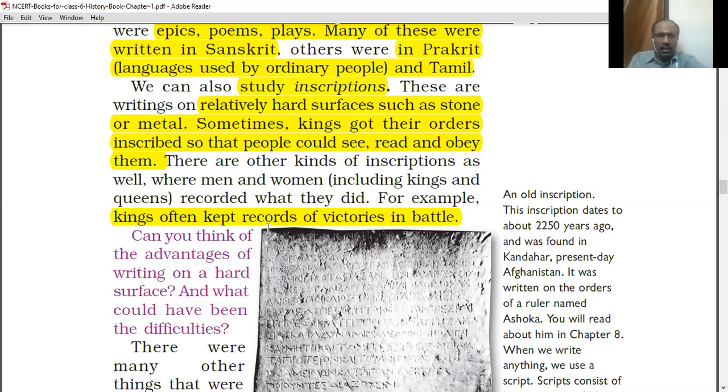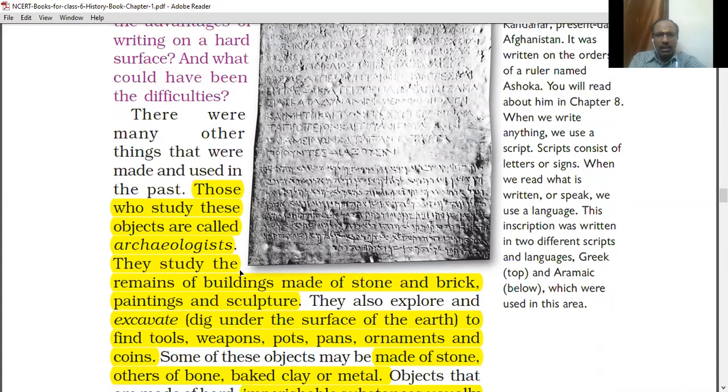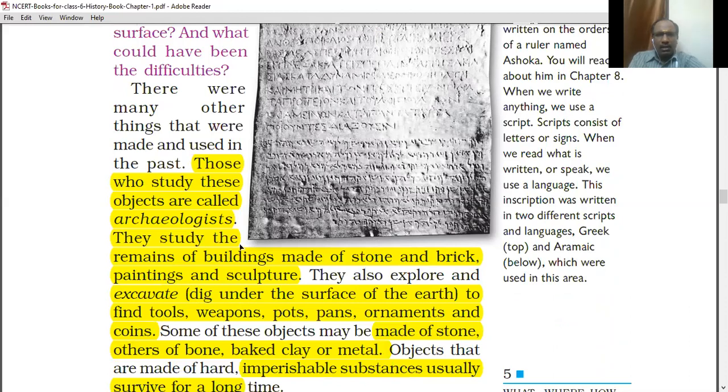And you can see there were many other things that were made and used in the past. Those who study these objects are also called by a name. So what we have seen is the epigraphist, the inscription, the study about the inscription. Next, what we are going to see about